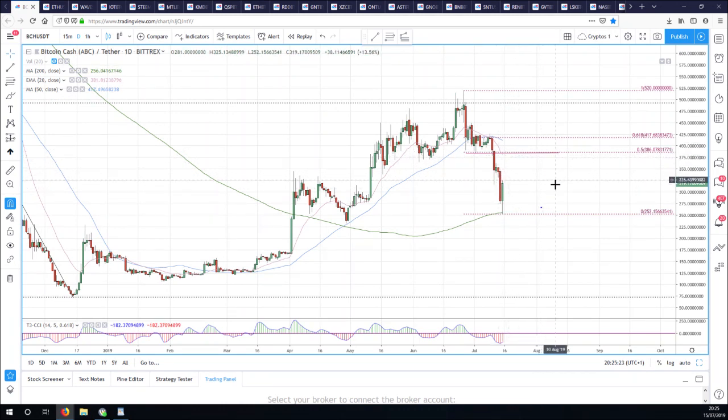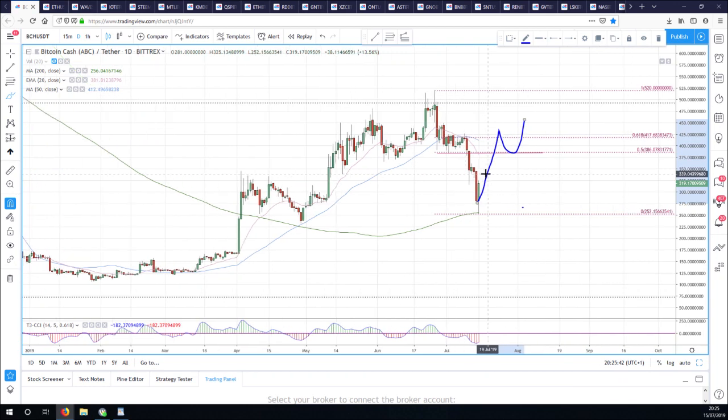If we stall there, we're still going to go down in a bit of a downtrend. If we extend a little bit, we could get to the 50 moving average and maybe 417 in this previous high. But this kind of is the major resistance zone. This is what will keep us in a downtrend. And if we get back above these levels and hold above them, then we can start talking about going higher. And then instead of ETH with its head and shoulders here, we would have a really nice kind of inverted head and shoulders pattern that I have drawn really badly. I need to, there we go. Something like that. So that's Bitcoin Cash.